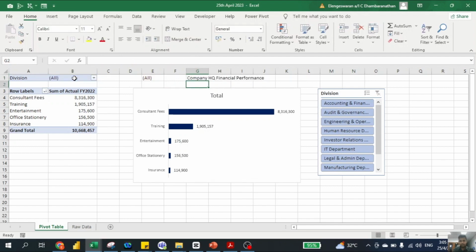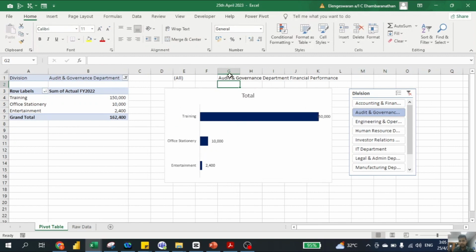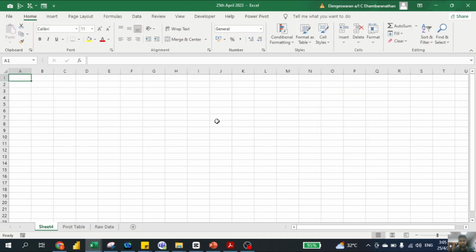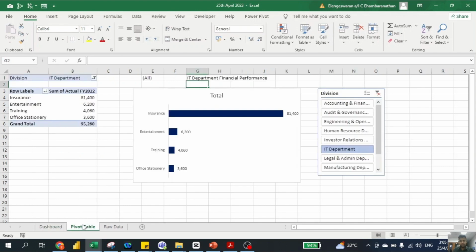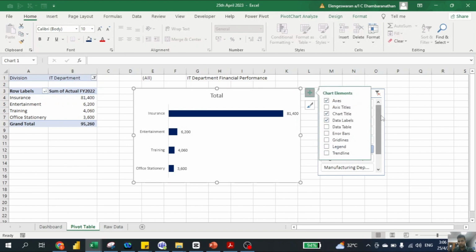There you go. So now if I click audit and governance department, you have this. IT department, you have this. So this is your data. What I'm going to do is create a dashboard on a separate tab. So I create a new sheet, rename this as dashboard. Then I'll copy this, together with this,